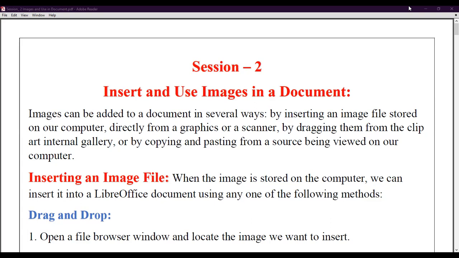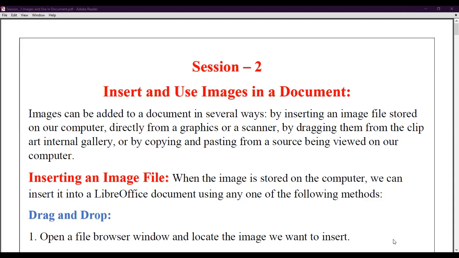That's why we are considering how we can insert an image, as well as how we can manipulate it, resize it, crop it and change its background. So we will discuss some more aspects about insertion of images. Okay, so let's start it together.